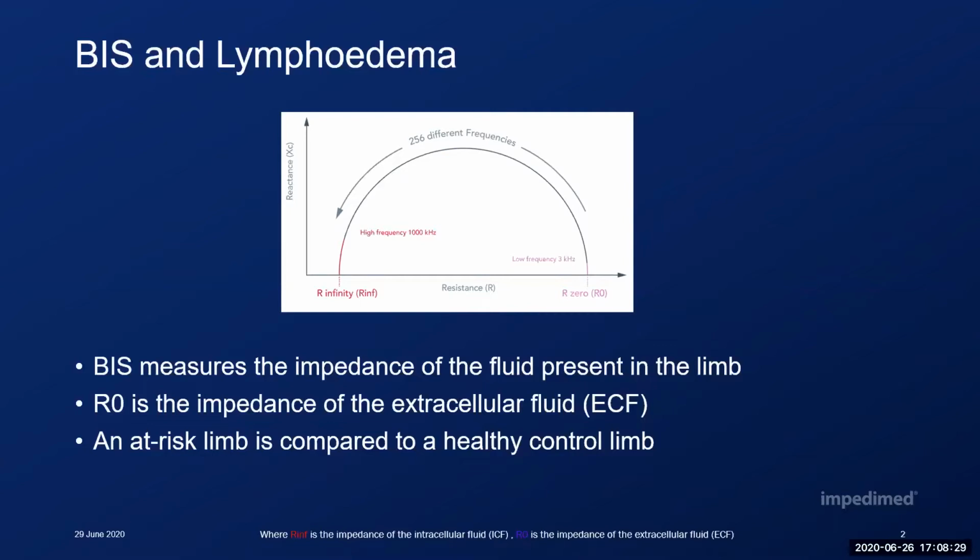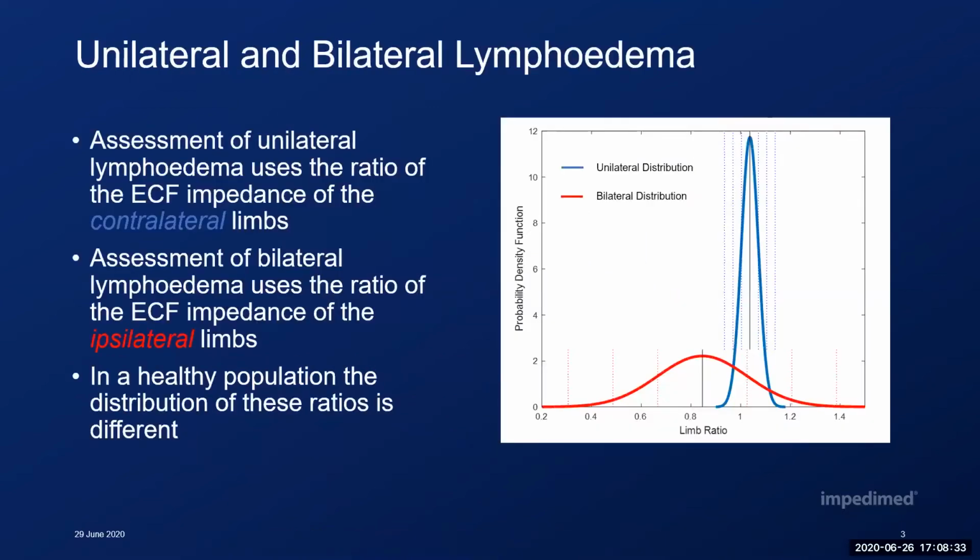As presented during previous webinars, we use this knowledge to determine an L-Dex score for unilateral lymphedema by comparing the impedance of the extracellular water of the at-risk limb to the impedance of the extracellular water of the healthy contralateral limb, as we assume this limb remains stable. That is, for example, the left arm is compared to